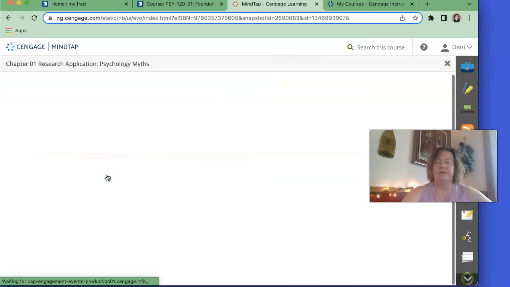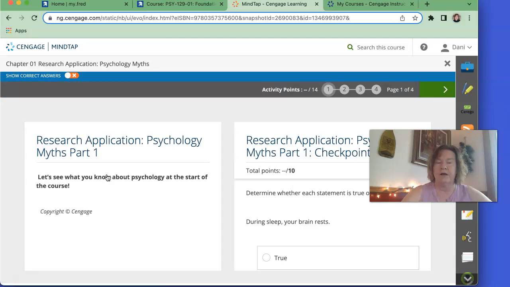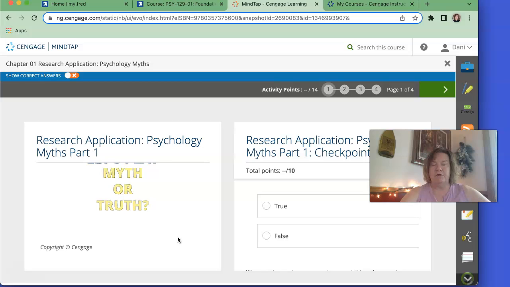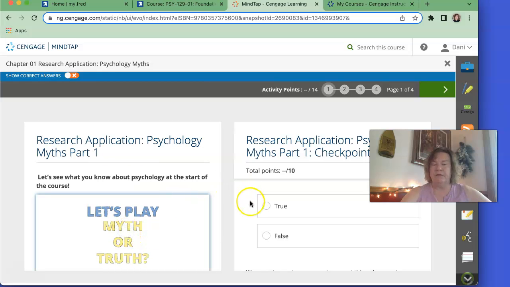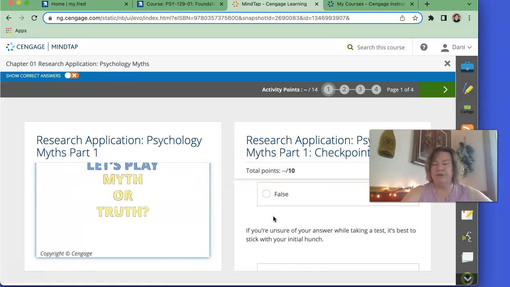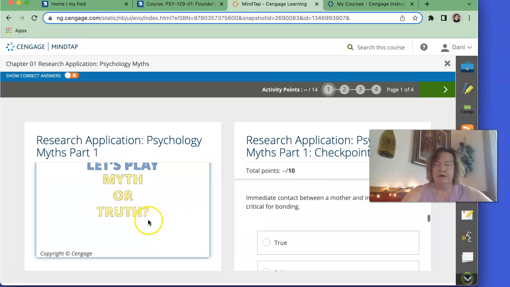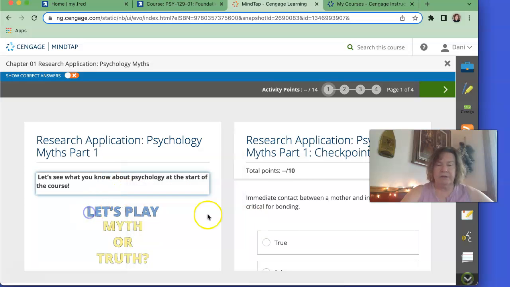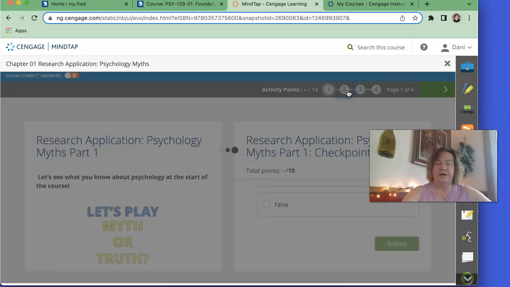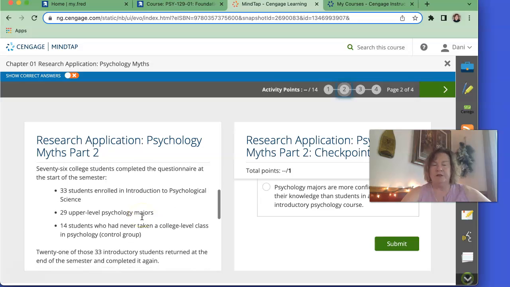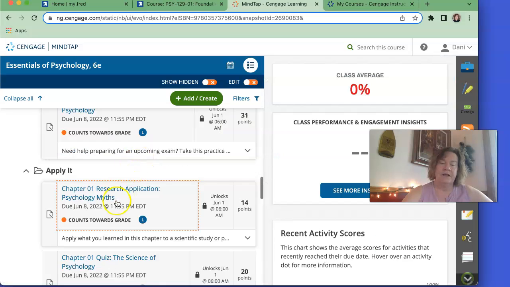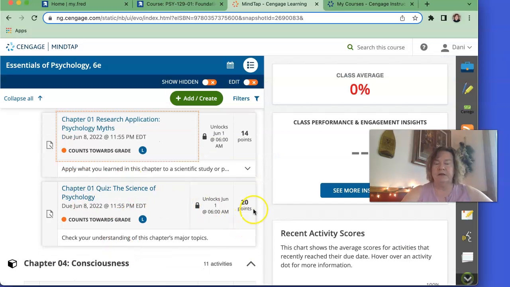If you click here, sometimes there'll be a reading or sometimes a video or some combination. It's the same thing. And you go through here, truth or myth, and answer the questions based on what you have learned, and let's see how much you know. And then it'll go to another section and it'll give you more questions about things. So if you hit part 2, it's going to give you more readings and like that, and you submit it each place. Okay. Then the last thing is the quiz, Science of Psychology.